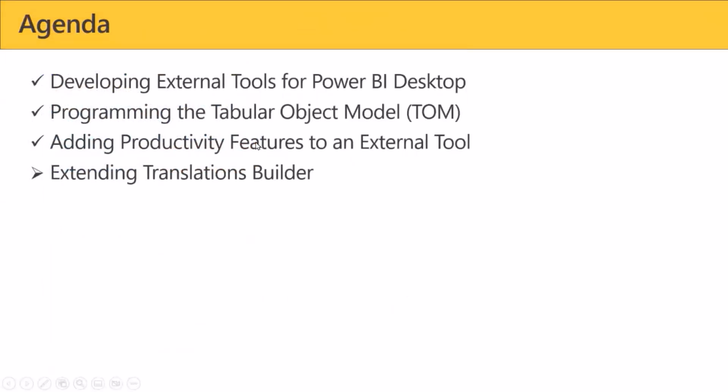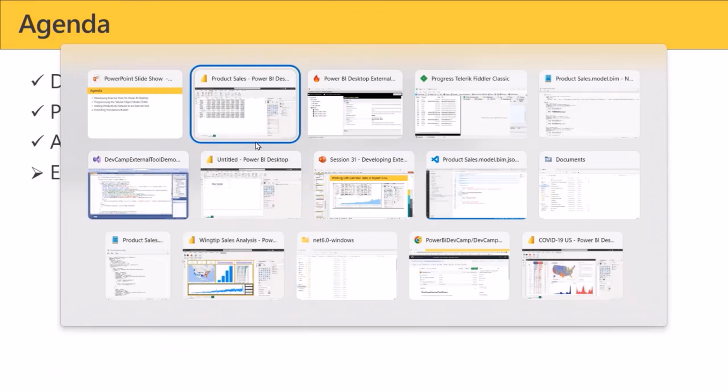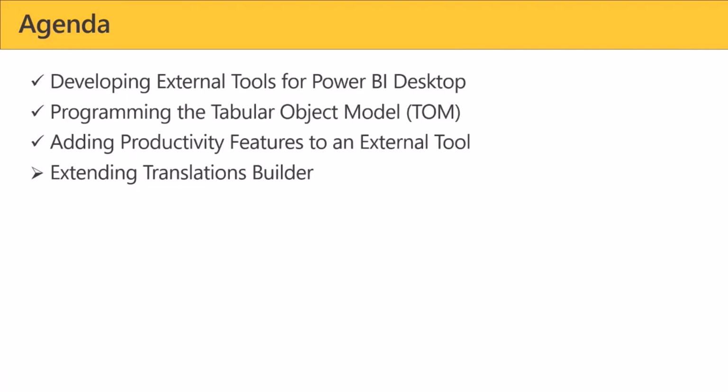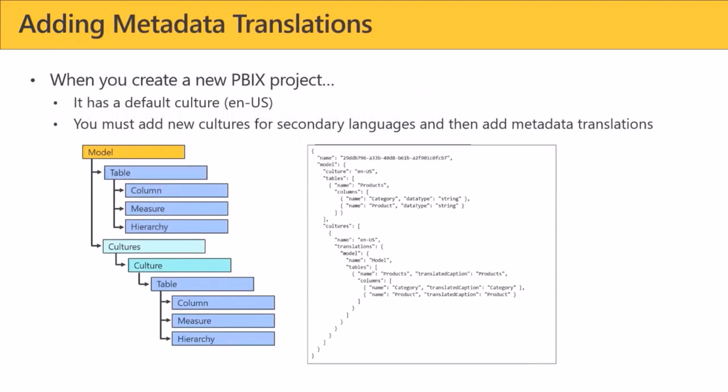Okay, so what I wanted to do in that section is just give specific things. So I thought: export, build a schema, change date formatting, create a calendar table, export CSV, generate measures on the fly, reformat DAX, and create RLS roles. It's a good sampling of the kind of things that you can do with this tool set. Very cool. Now let's go ahead, and there's one more section, and that's going to be if you're building multi-language